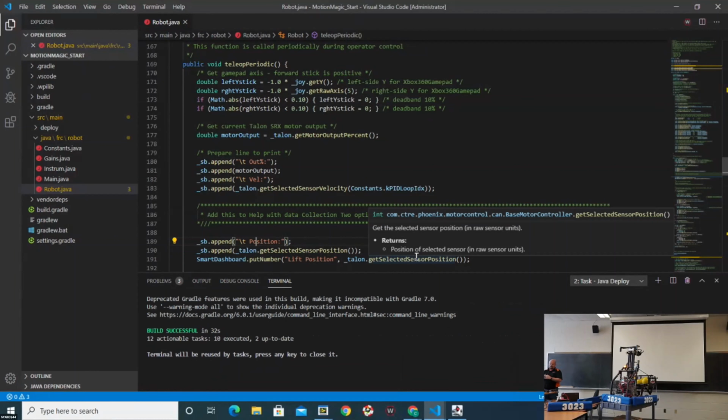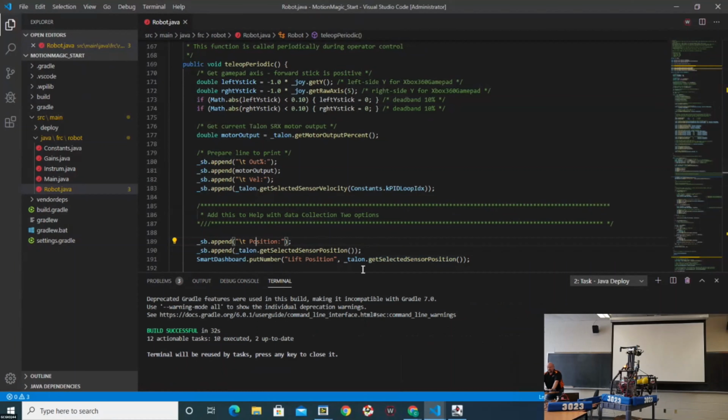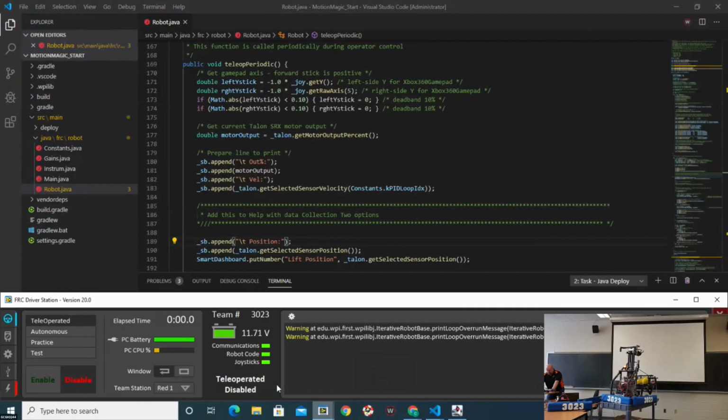Even if you don't know how to use them, having those components on your robot ready to go when you ask for help in the pits means a CSA, or even one of the students from one of the other teams, can sit down and help you figure out how to make your robots smarter. Now that that's downloaded, I'll pull up our driver station here